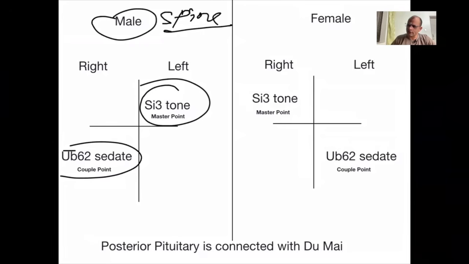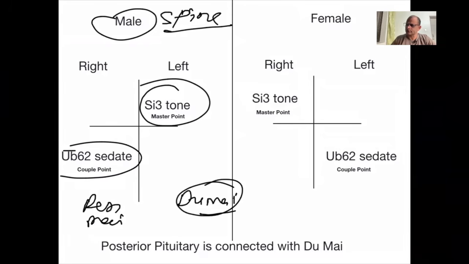Because Ren Mai controls the front, and Du Mai controls the back. So in both male and female, we can use SI3 as a master point and urinary bladder 62 as a couple point, right? And one very special formula, suppose one male person is suffering